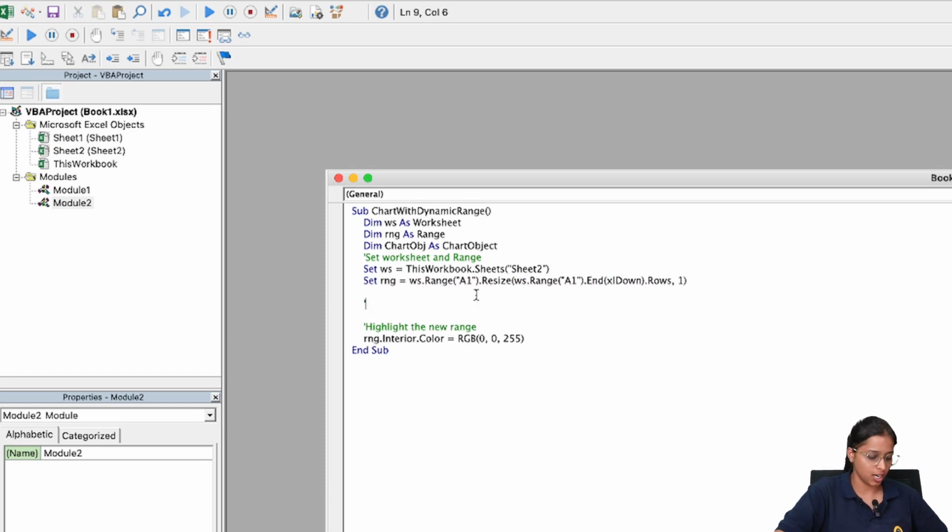Now we'll create the chart. We'll set our chart object.